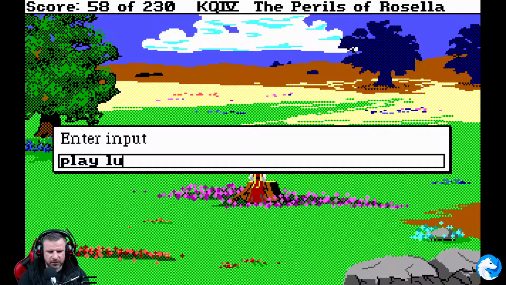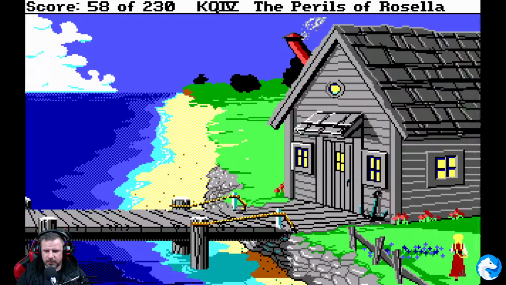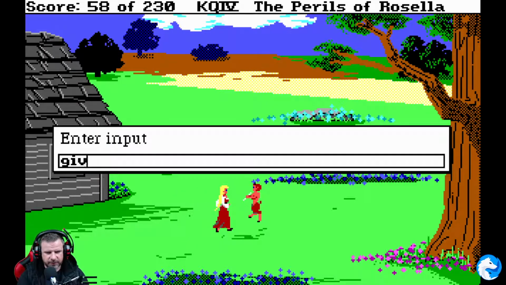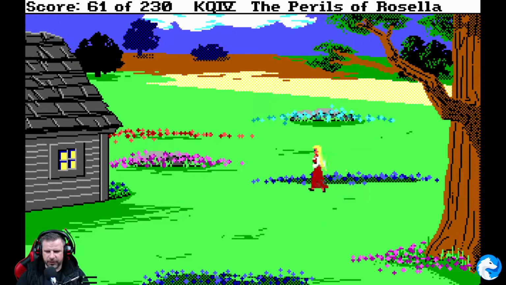All right. Play lute. Oh, I can't. All right. Wonderful. Pan has ceased his dancing and now looks at you and the lute curiously. Give lute to Pan. How about talk to Pan? Okay, give lute to Pan. Okay, Pan gratefully accepts your gift of the lute, and in return he gives you his flute. Happy now, he dances away with it. He's very good with it. Play flute. Okay. Well,